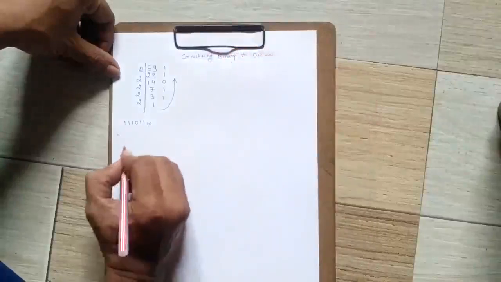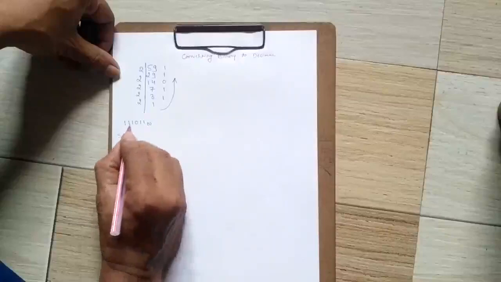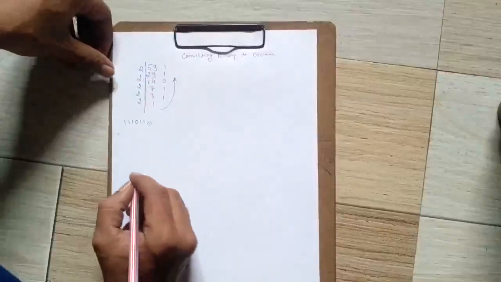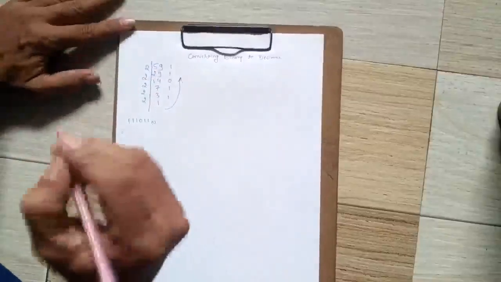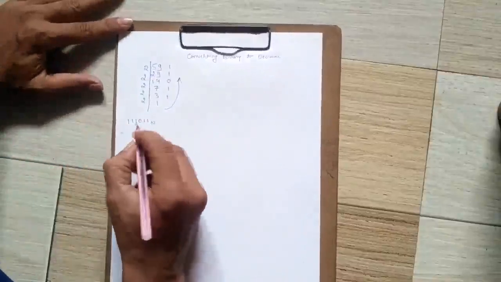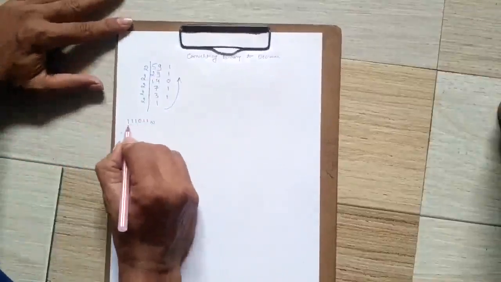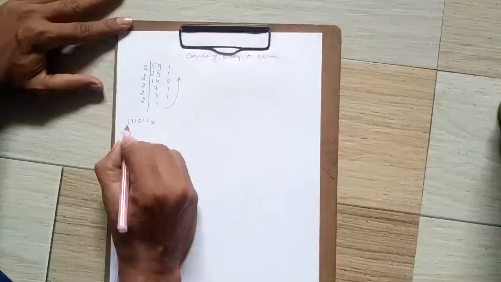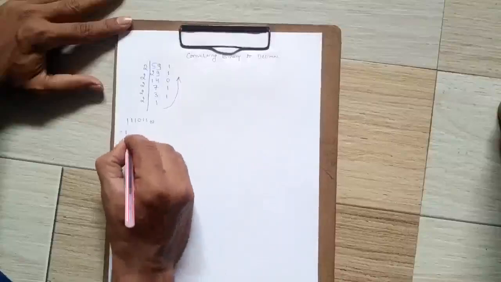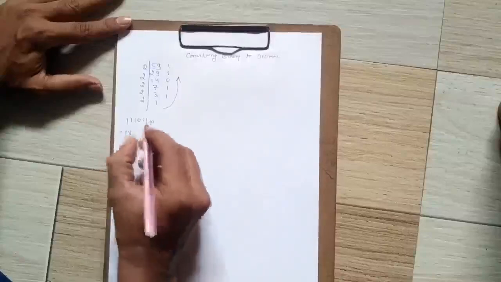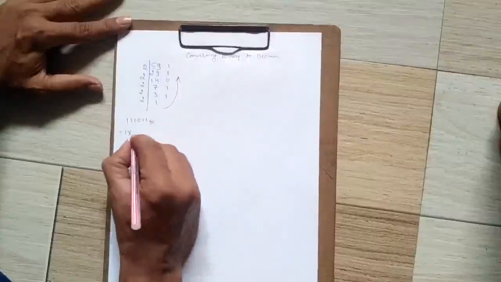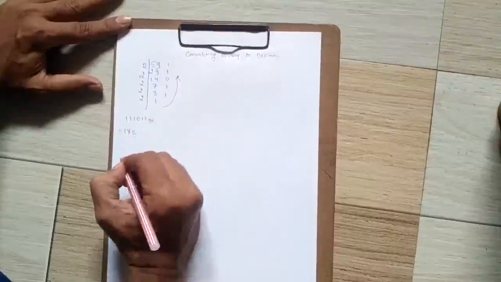Now we have one binary number. So how can we convert this binary number into the decimal form? Okay, so now let us begin. Start this number from the extreme left side. So the extreme left side is this one. Write that one. Put the multiplication sign. What is the base of this binary number system? That is 2. Write 2.